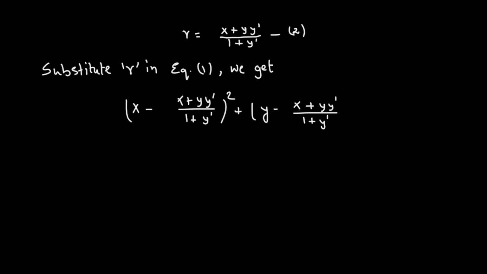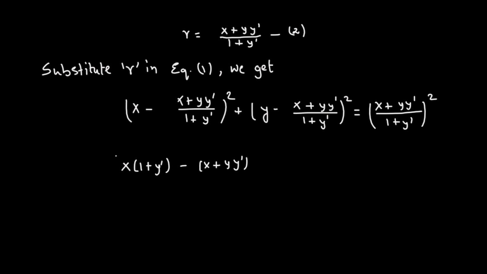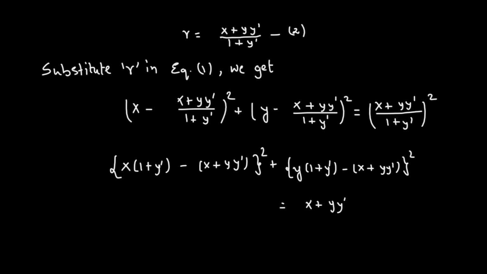equals x plus y times y prime divided by 1 plus y prime whole squared. As the denominator 1 plus y prime whole squared is common on both sides, we factor it out and this gives us x times 1 plus y prime minus x plus y times y prime whole squared plus y times 1 plus y prime minus x plus y times y prime whole squared equals x plus y times